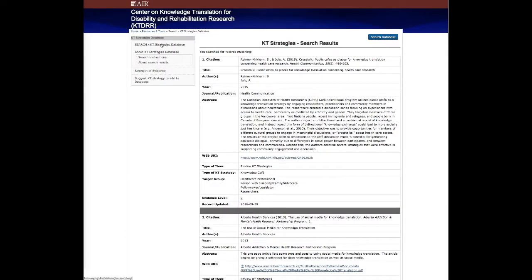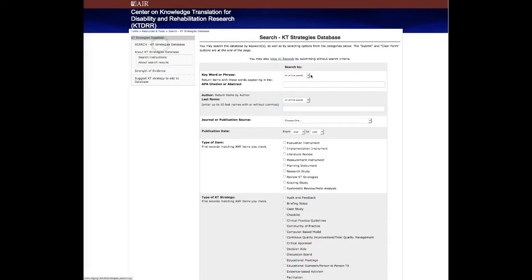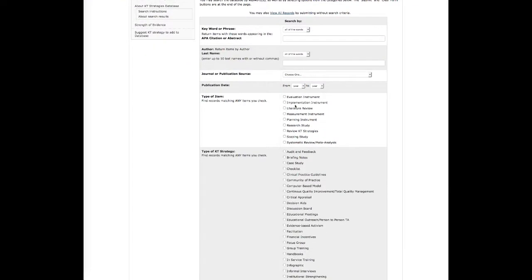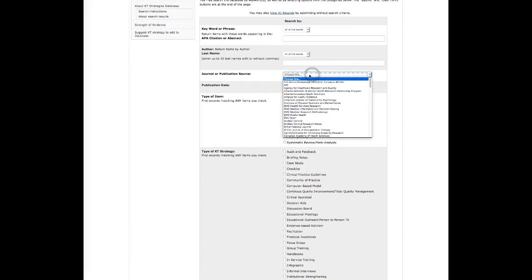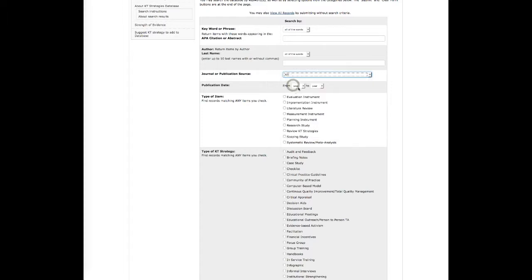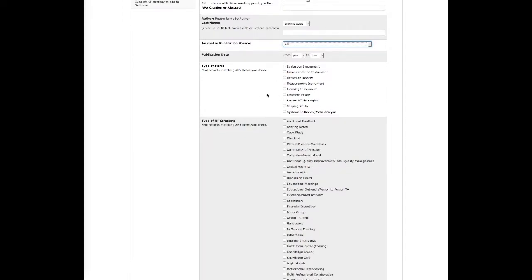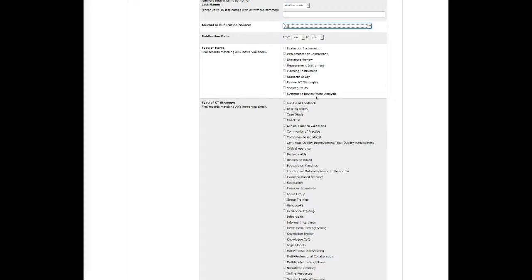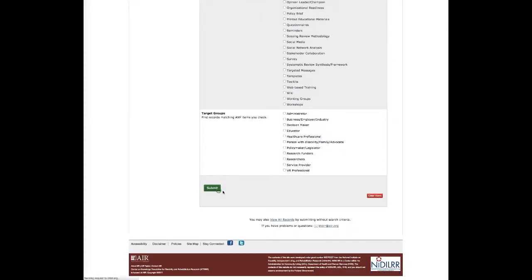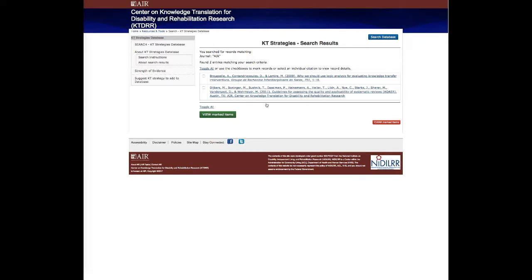Now going back to the main part of the database, I'll give you just a few more examples of some of the other searches you can do. Say for example you wanted to search a journal or publication source, specifically from publications from AIR. You could go ahead and do that, and you could also add in any other types of items that you may be interested in. For this, we'll go ahead and submit, and you see that there are only 2 items